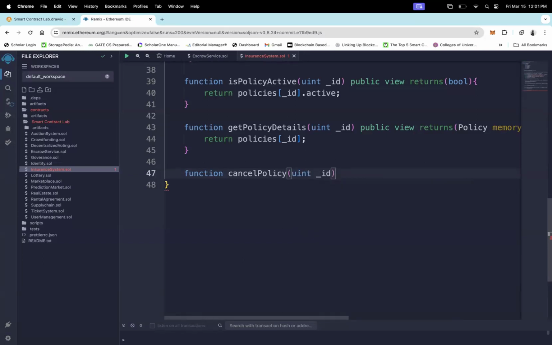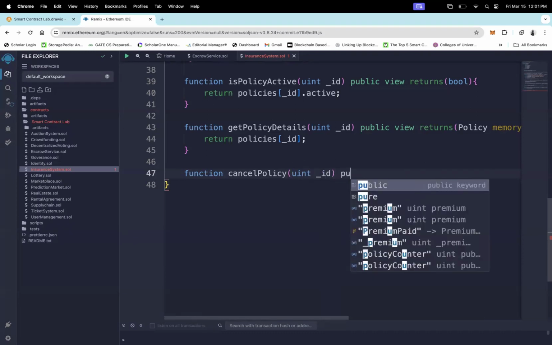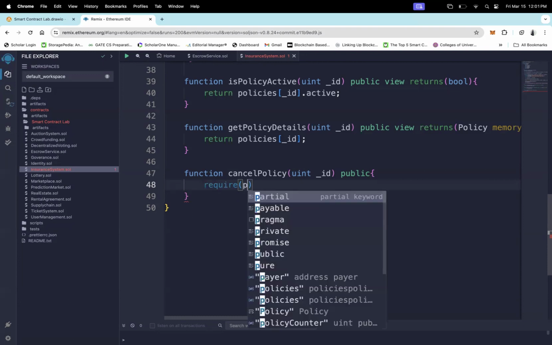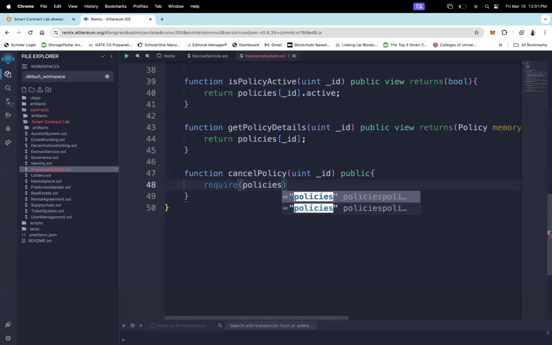Now this should be of public type as well. Here, first we need a require statement to check whether you are the owner of this policy or not, because only the owner is able to